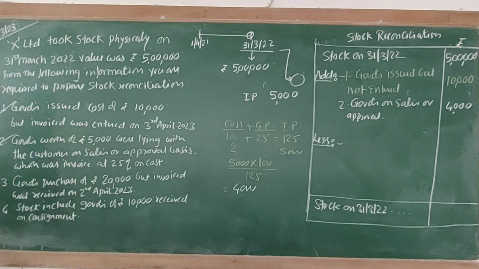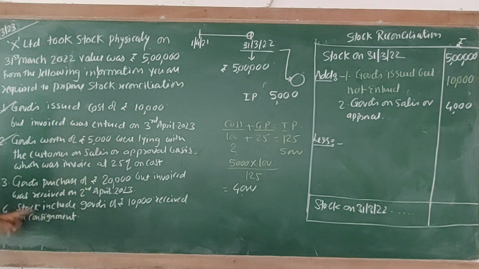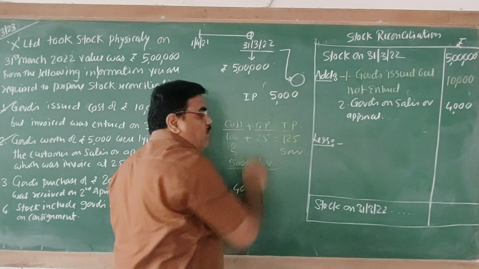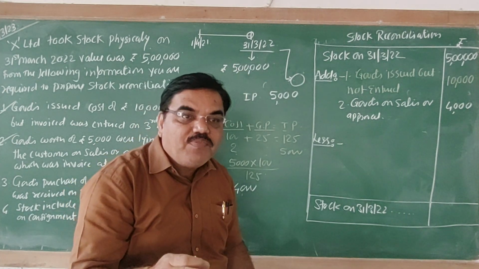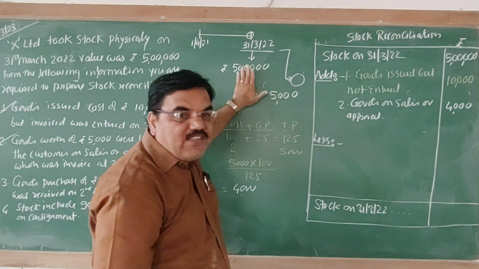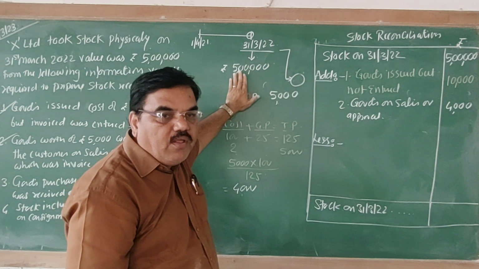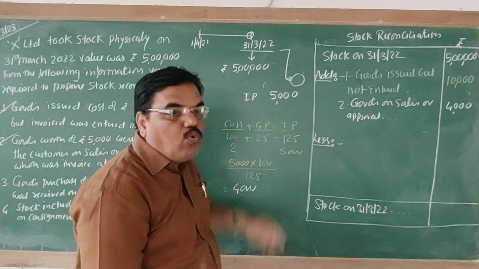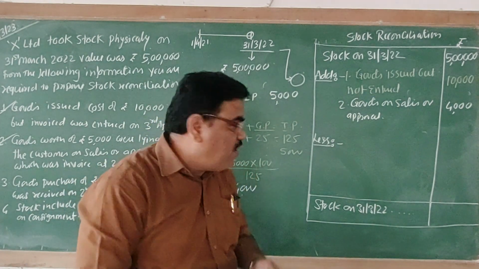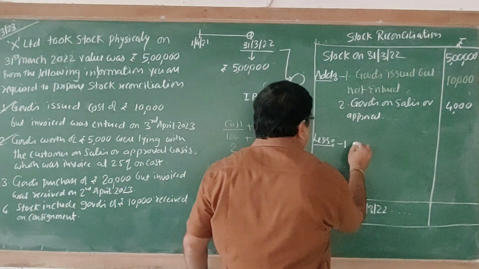Okay, so second point, okay. Now I will discuss third point. Goods purchase of rupees 20,000. 20,000 का goods purchase किया है, but invoice was received on 2nd April. मतलब इसमें 5 लाख में 20,000 इंक्लूड है, लेकिन वो कभी का परचेस है, उसका ओनरशिप हमारे पास कभी आने वाला है, नेक्स्ट ईयर। तो ये अभी का गुड्स नहीं है, इस करंट ईयर का गुड्स नहीं है, टेम्पररी गोडाउन में आके वो गुड्स पड़े हुए हैं, कोई प्रॉब्लम नहीं। लेकिन हमें एक्चुअल गुड्स काउंट करते वक्त वो जो 20,000 के गुड्स है जिसका ओनरशिप हमारे पास नहीं है, उसको डिडक्ट करना पड़ेगा। सो वी हैव टू डिडक्ट इट। तो डिडक्शन में नंबर 1 फर्स्ट आएगा दैट गुड्स परचेज